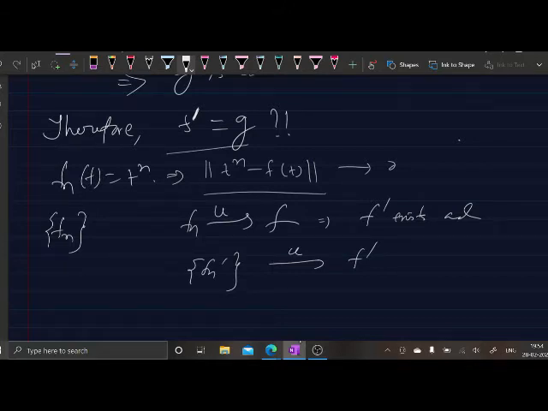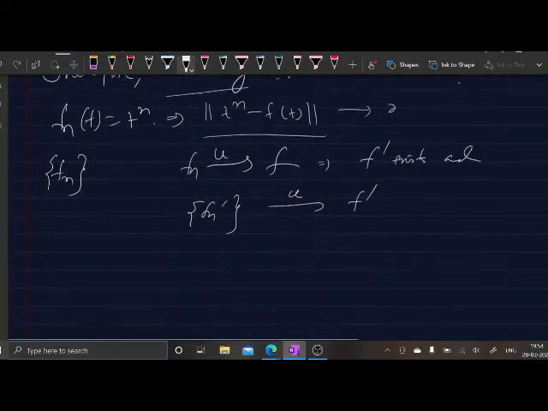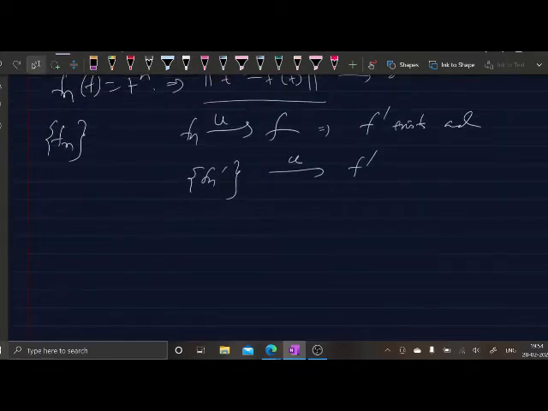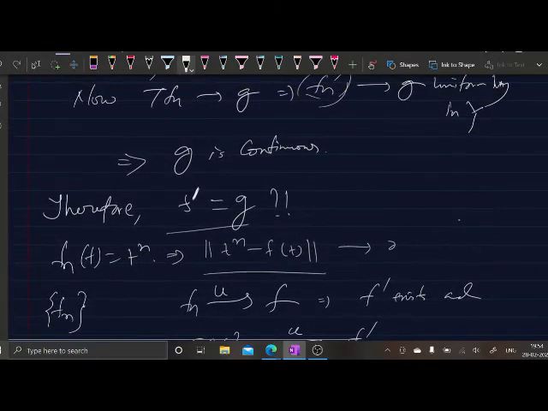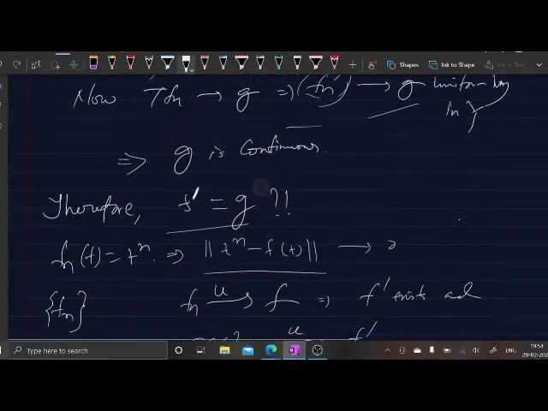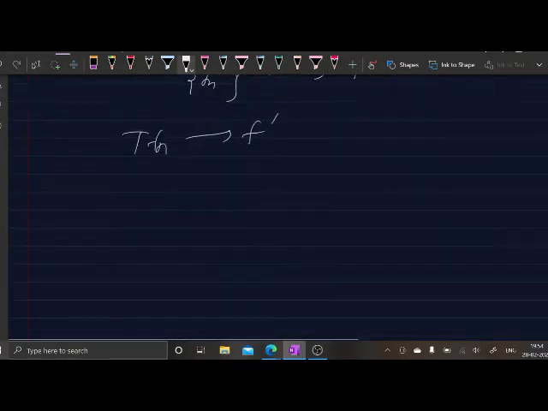ঠিক আছে, এই জায়গাটা থেকে বলছে। তার মানে এখানে fn ড্যাশ মানে কি? এখানে fn ড্যাশ মানে হচ্ছে tfn, তার মানে অ্যাকচুয়ালি tfn গুলো f ড্যাশে কনভার্জ করছে, বাট tfnটা অলরেডি কোথায় কনভার্জ করছিল? g তে। তাহলে বাই দ্য ইউনিকনেস অফ লিমিট তুমি বলতে পারো f ড্যাশটা হচ্ছে g। এটা রিয়ালিটির একটা থিওরেম আছে, এটা সিকোয়েন্স অফ ফাংশন, সিরিজ অফ ফাংশন, ওখানে গেলেই তোমরা এটা পেয়ে যাবে। ঠিক আছে,